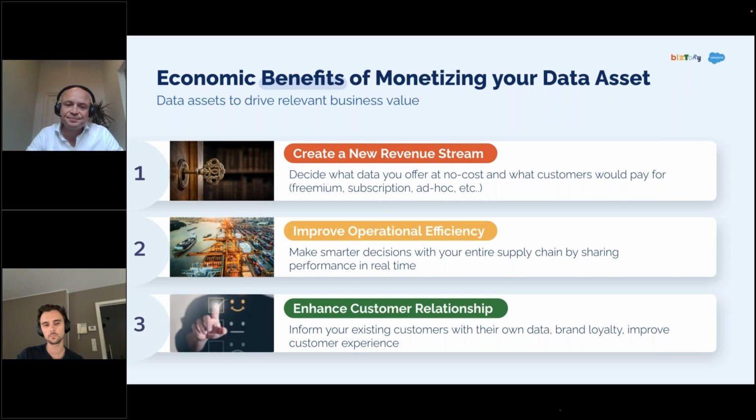And thirdly, another strategy that you could go after is enhancing your customer relationships. When I say customer, I actually mean customer, partner, stakeholder, doesn't matter. Retain the valuable customers, partners or stakeholders, or attract new ones, or drive even brand loyalty, by feeding your customers, partners or stakeholders the insights on their own data.